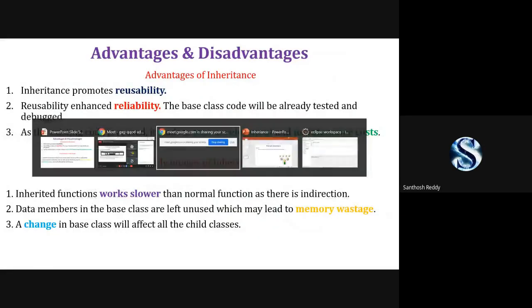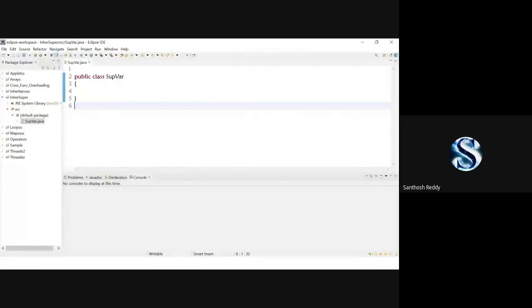Okay, fine. Now we'll shift to the execution of code. As I've said, multiple inheritance we cannot resolve until we complete the interfaces concept. So now I'll come up with one new topic, which is called the super keyword. There is a keyword called super. How it works, and for what purpose we are going to use this super keyword, we are going to see now.